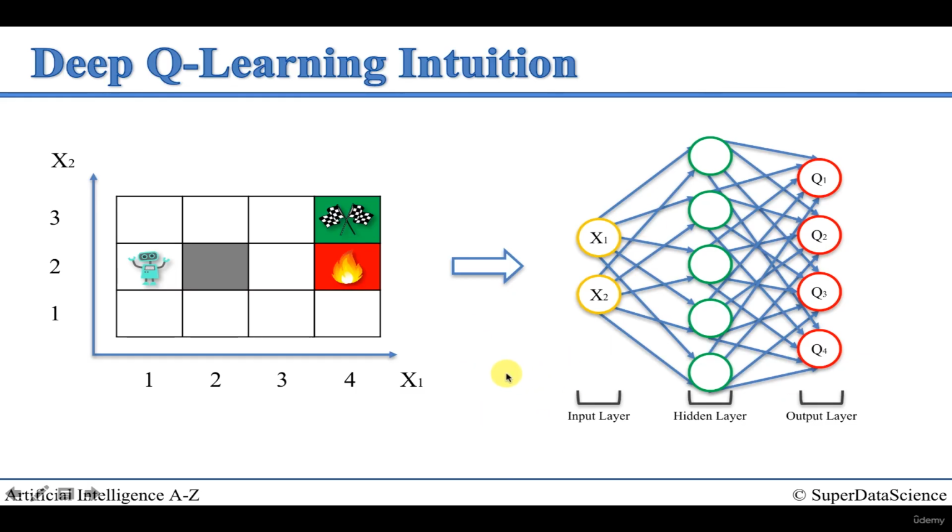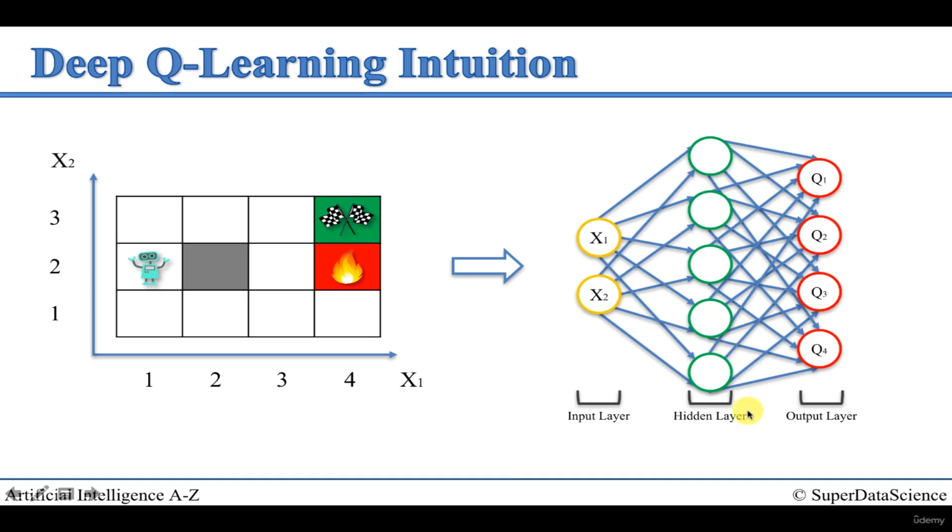And so we feed in this information on the state into a neural network, and then it will process this information, so x1 and x2. Depending on the structure of the neural network, it might have multiple hidden layers and so on. That's something that you'll figure out in the practical tutorials. But at the end, we will structure it in such a way that it spits out 4 values. And these 4 values are actually going to be our Q values, the values which dictate which action we need to take. And further down in this tutorial, we'll see exactly how these Q values are used to decide which action is taken.